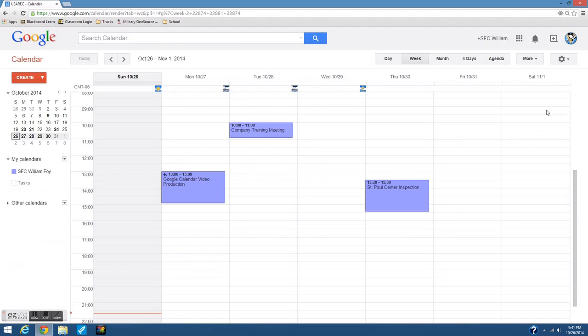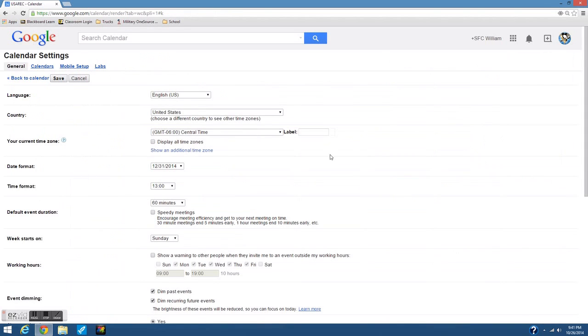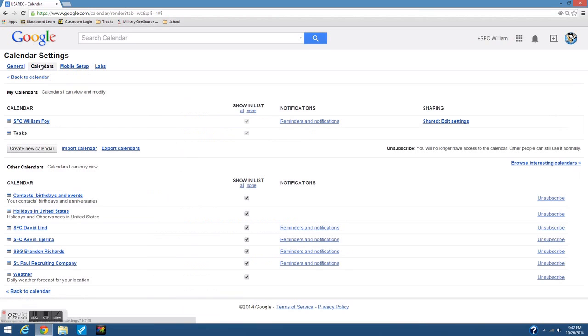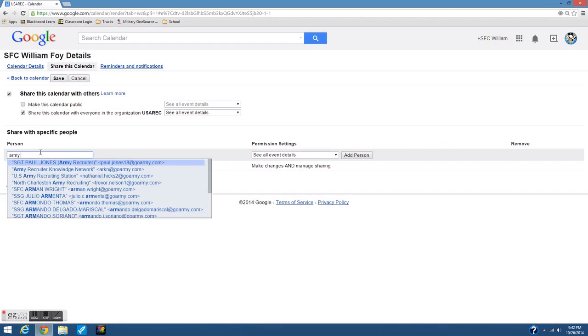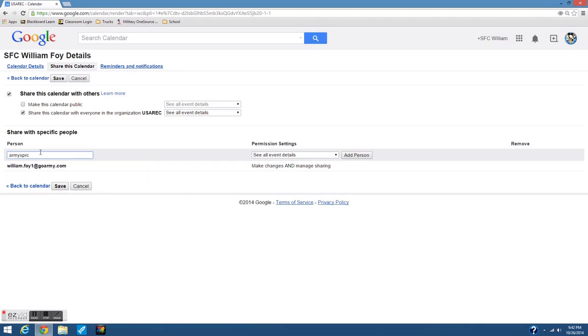Then you need to come right back into the same setup. So settings again, settings one more time. You're going to come up to the Calendars tab at the top. You will come over to Shared Edit Settings. And from here, like I said earlier, we share our calendar with a separate account that is not part of the organization. So I have to do mine